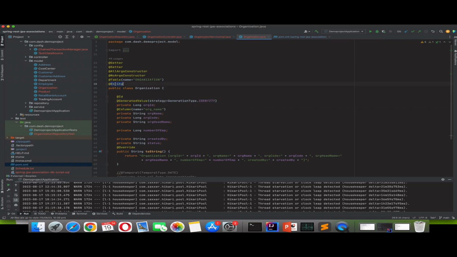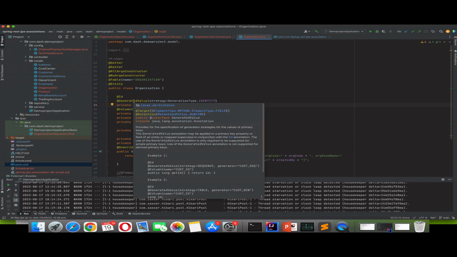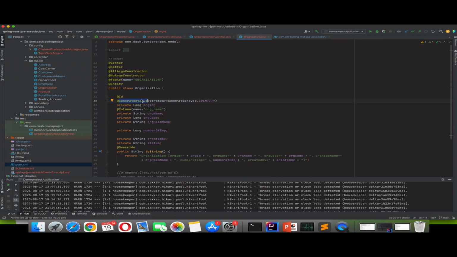I have used the @Entity annotation to demarcate this as an entity class. Now @Table, I have used the name attribute of the table annotation, and in that I have demarcated what table it is mapped to. Then org id, which is my primary key I want to map, I have used the @Id annotation, and I have specified generated value as,